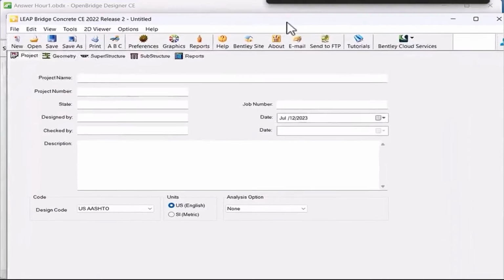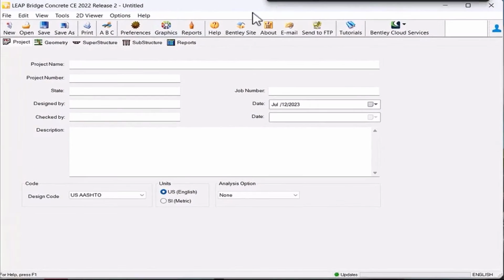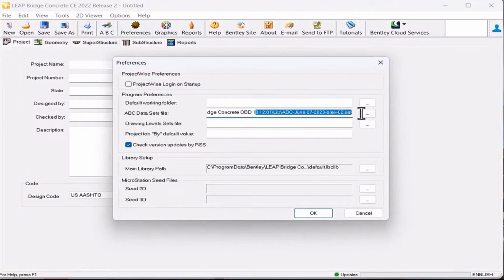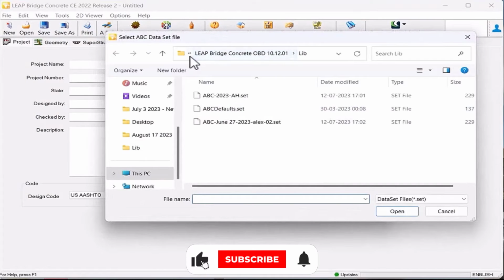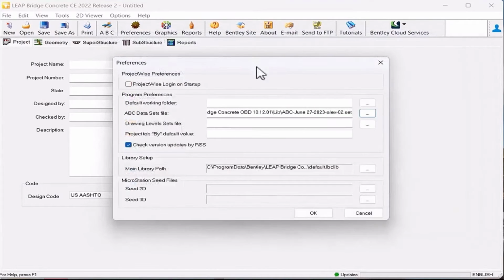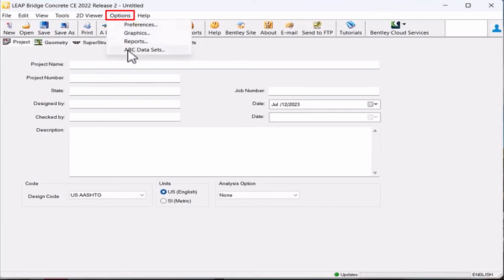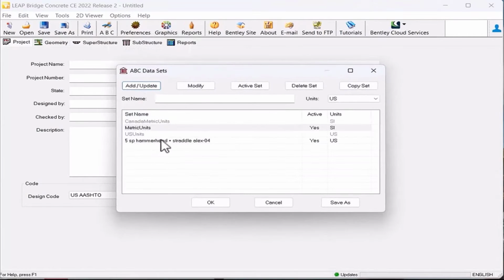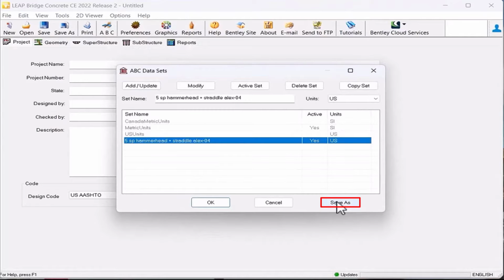Then if the user clicks, user can create a bridge model and save it as an ABC dataset. A master dataset can be created and saved in a particular path, and it can be reused again with changed geometric values. To see where it is stored, user needs to go to option and select the ABC dataset option. Here user can save as the master dataset and also activate that particular dataset. I've just activated